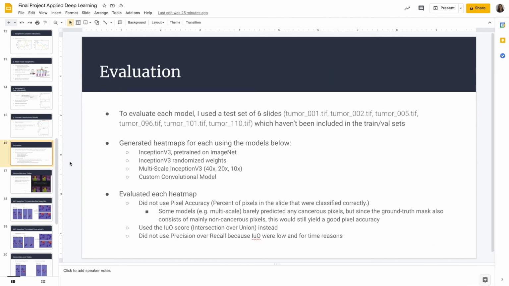And then I continued on to evaluate each model using a test set of 6 slides. I generate heat maps for each of these 6 slides